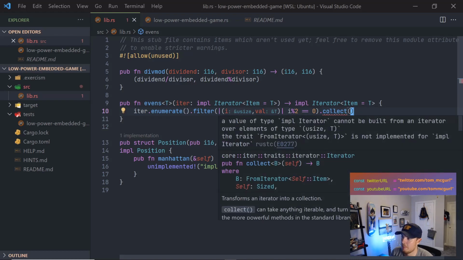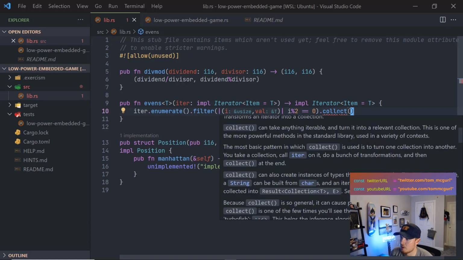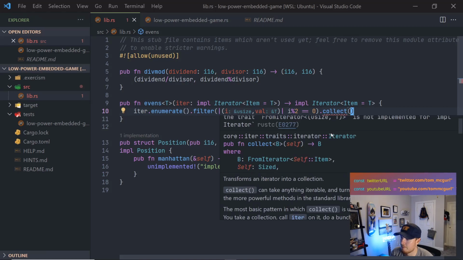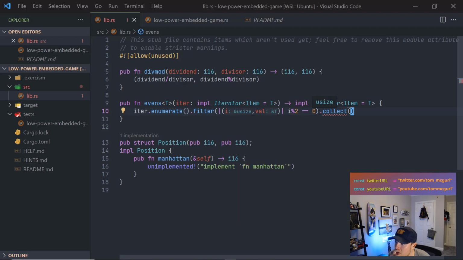What does it say? A value type cannot be built from an iterator over elements of type usize, T. The trait FromIterator usize, T is not implemented for Vec. Okay, so let's see. What will we do here? Cannot be built from an iterator over elements of type usize, T. So we don't really want, so we could do,